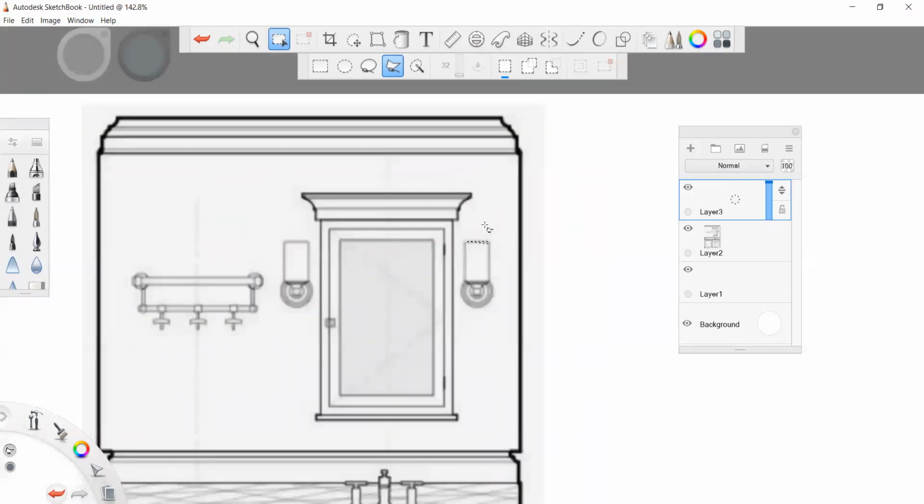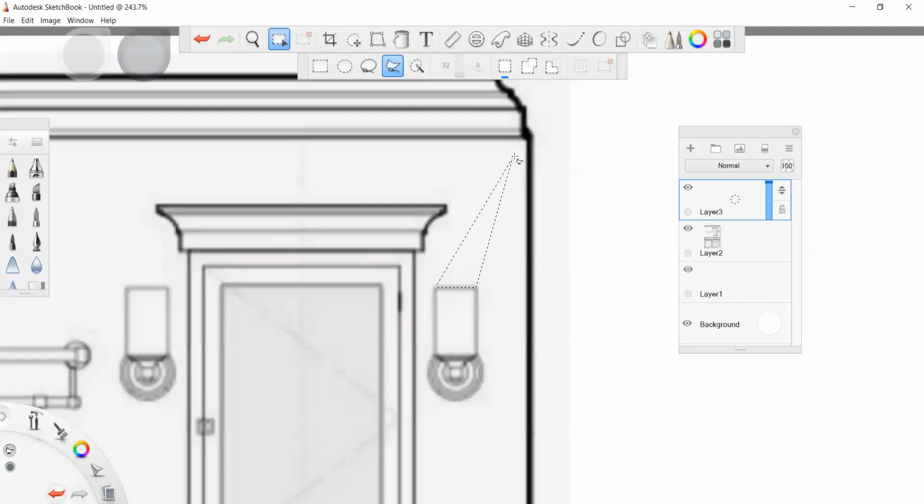I'm going to click, and then I'm going to click upward here, and then I'm going to move to the other side, trying to make it as much as possible a horizontal line. And then I'm going to click again, and then I'm going to go back to close the selection like this. Okay, now I can start picking the colors that I want to resemble in the